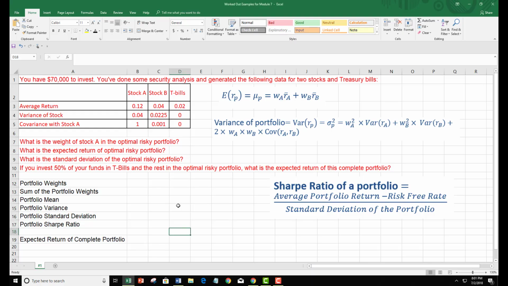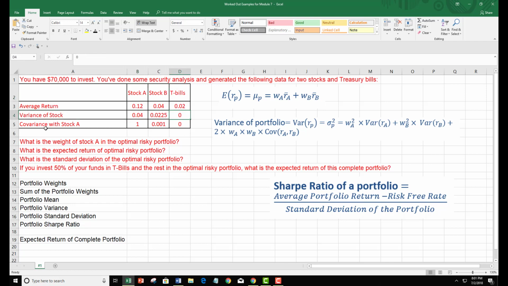In this video, I'm going to solve this problem, and the problem says that you have $70,000 to invest and you have done some security analysis and generated the following data for two stocks and a treasury bill. The average return of each security is given, stock A, stock B, and T-bill, and the variance of each security is